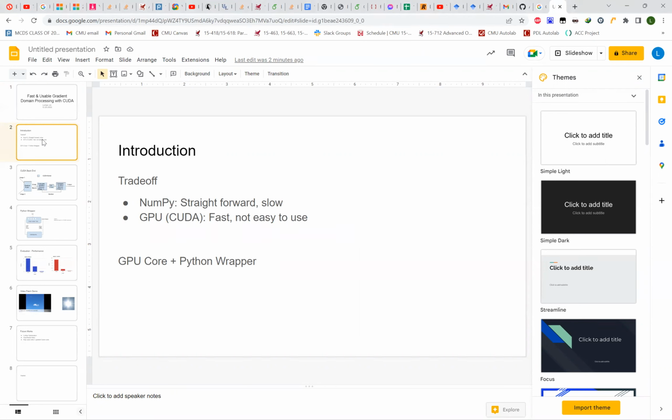During my previous assignment, I noticed that the Python NumPy implementation of the iterative gradient domain processing image integration can be quite slow, although the implementation is straightforward. Actually, the iterative algorithm is quite slow since it's pushing quite heavy pressure on the CPU and the memory bandwidth. So if we turn to some of the heterogeneous